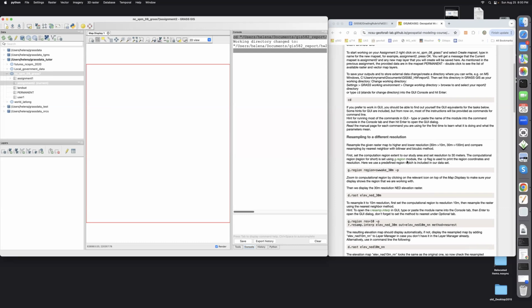So the first task that we will be exploring is resampling raster data to a different resolution. And we discussed that we need to distinguish between continuous and discrete data. And we will also look at how different methods perform when resampling these different types of data. So let's first set region to 30-meter resolution, which is stored in a predefined region called Southwest SW Wake 30 meters. So we can just run it through command line,